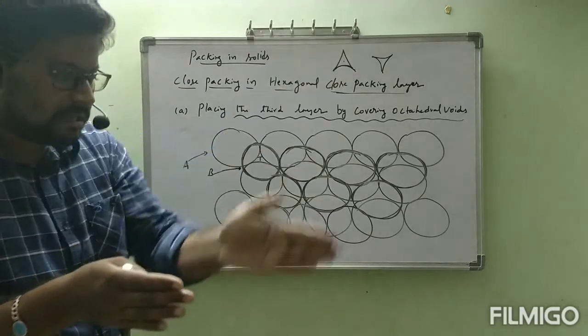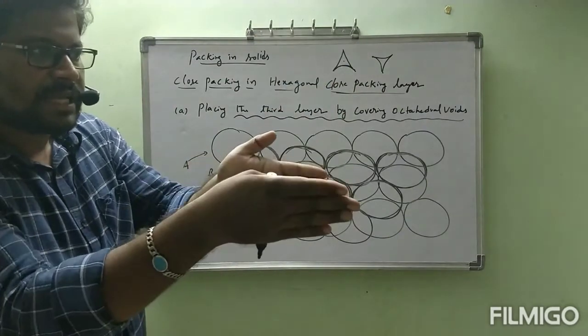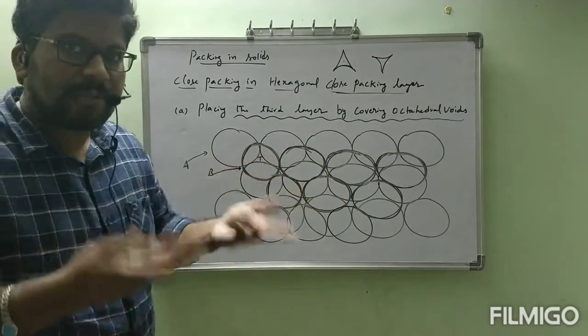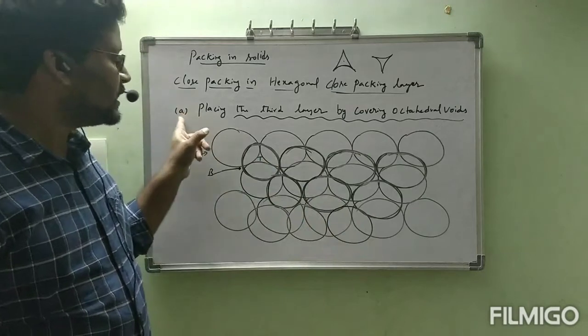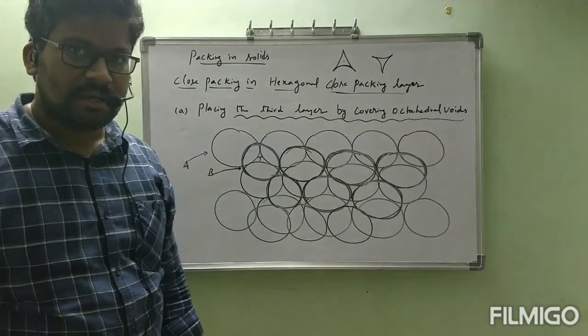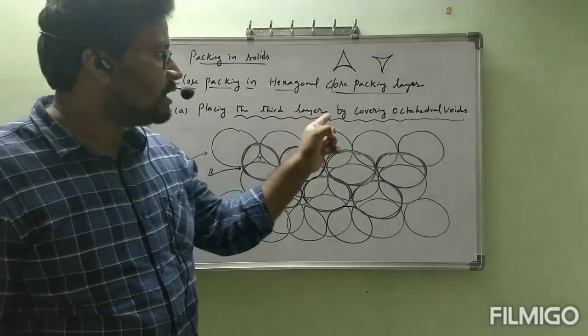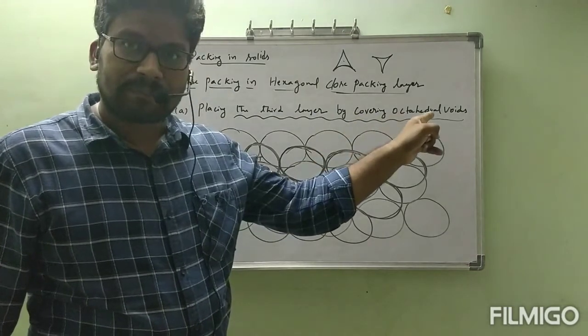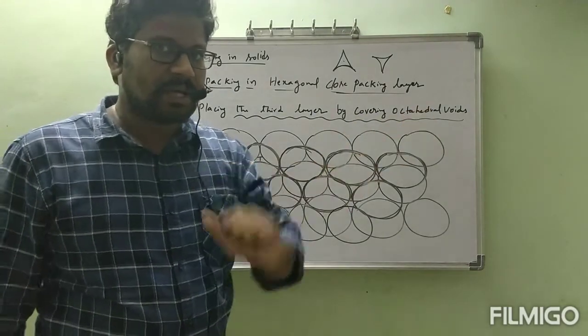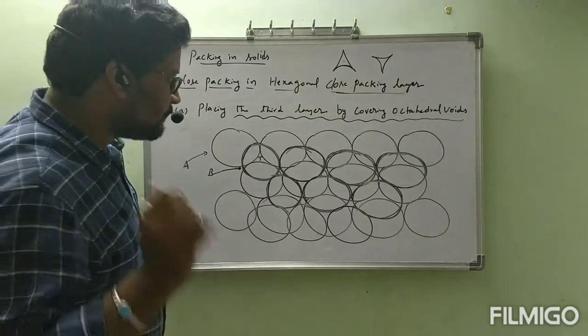So the particle layer is like this, above layer is like this. Back side layer I am going to talk next. This is A only, na? Next B I will talk. First this one is placing the third layer by covering octahedral voids. Okay, that one now we will see. All of you can